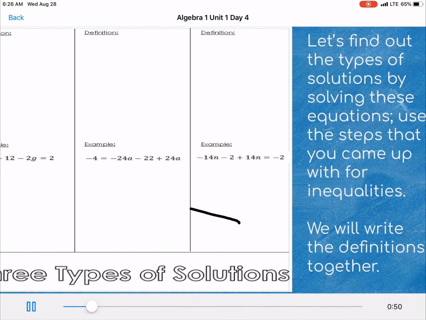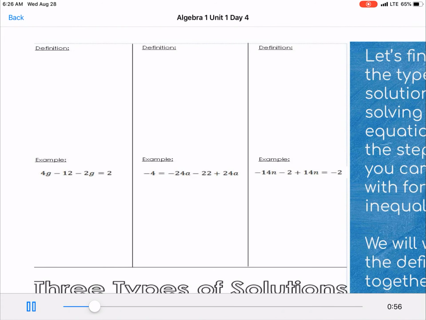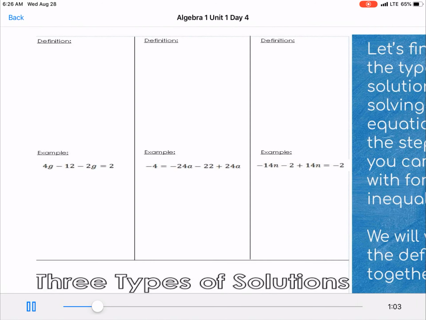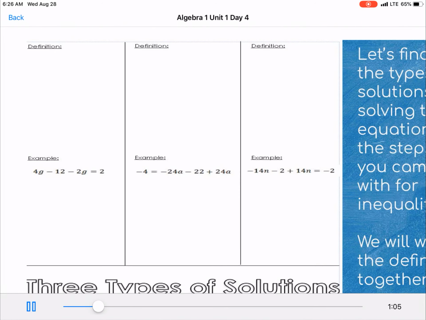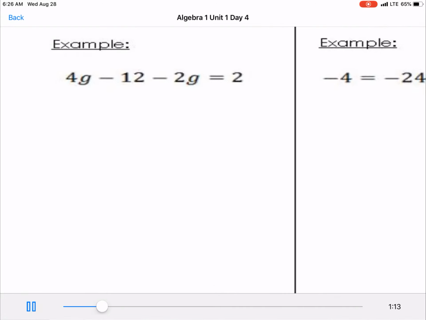Okay, the first thing we're gonna see today is the yellow paper. For some of you, I think it's gonna be pink, but it is this paper. Okay, it's already folded. You just have to glue it into your notebook. I'm gonna work the example, and we're gonna see what type of solutions we are going to get. So example 1, we have